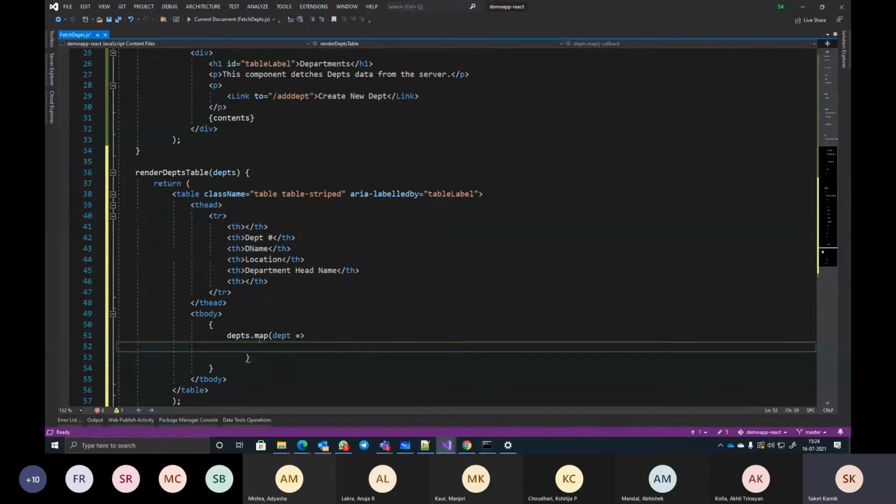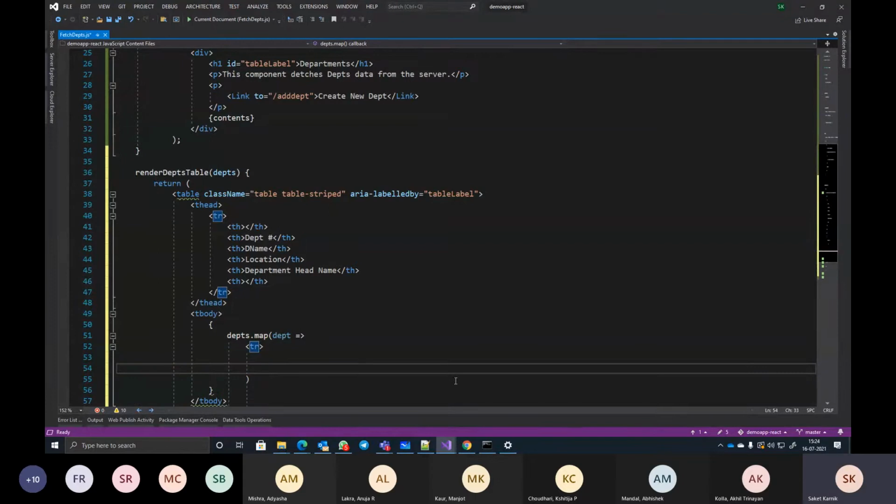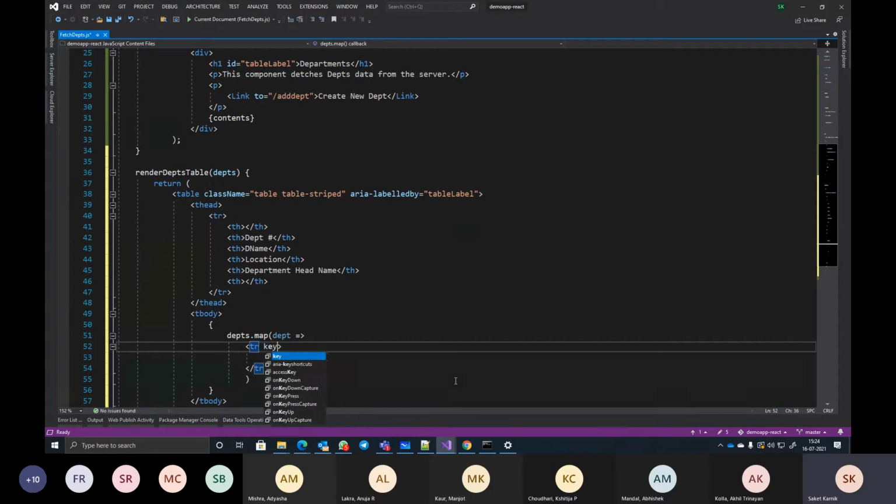Okay. Now this is equivalent of for each only. Departments.map department. It is like department for each department in departments. It's the same thing being done by departments.map. It's a JavaScript function. Here I say for each department, I want to create a new row. If there is a row, there will be slash tr to close it. And this row needs to have a key set for it to identify each row uniquely. This key is going to be based on department dot department